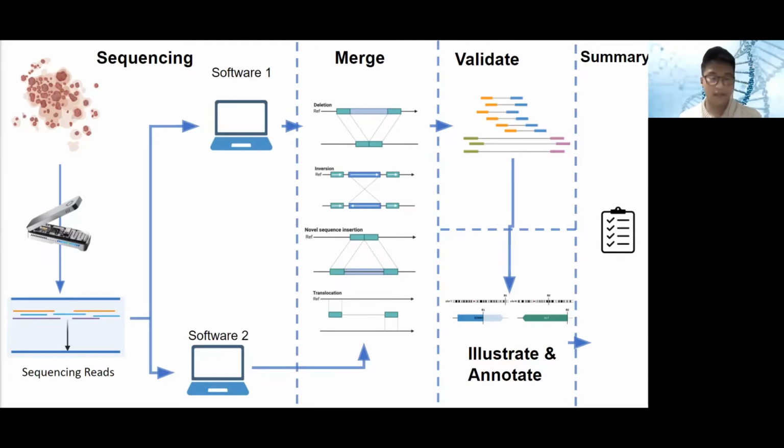We can then validate these structural variants by taking the end of those variants and reconstructing them using the evidence that was used to generate them originally, just to make sure we can recapitulate the ends of these variants and that they are what we think they are. And finally, users have the option of illustrating some of these structural variants, particularly those which can be complicated. We can also cross-reference structural variants with known variants in different databases to generate an annotated report